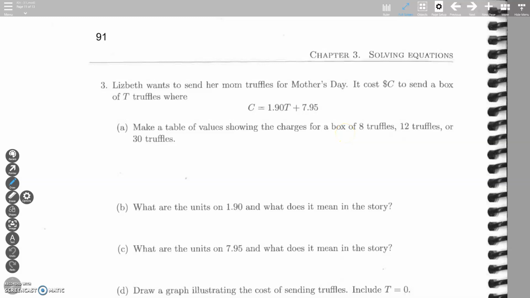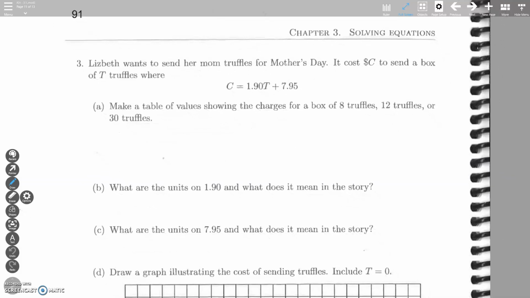Okay, now let's look at question number 3, which is on page 91. We're going to look at Elizabeth. Elizabeth wants to send her mom truffles for Mother's Day. Truffles are a type of candy, chocolate candy. It costs C dollars